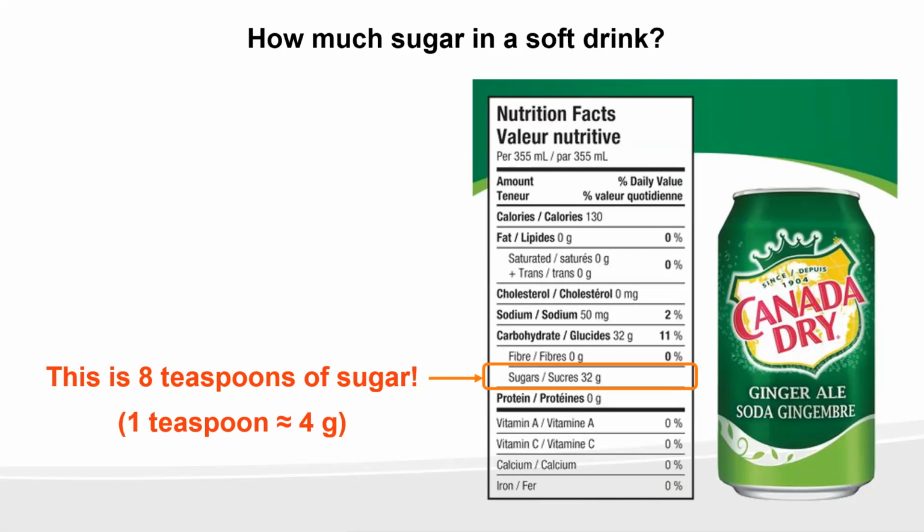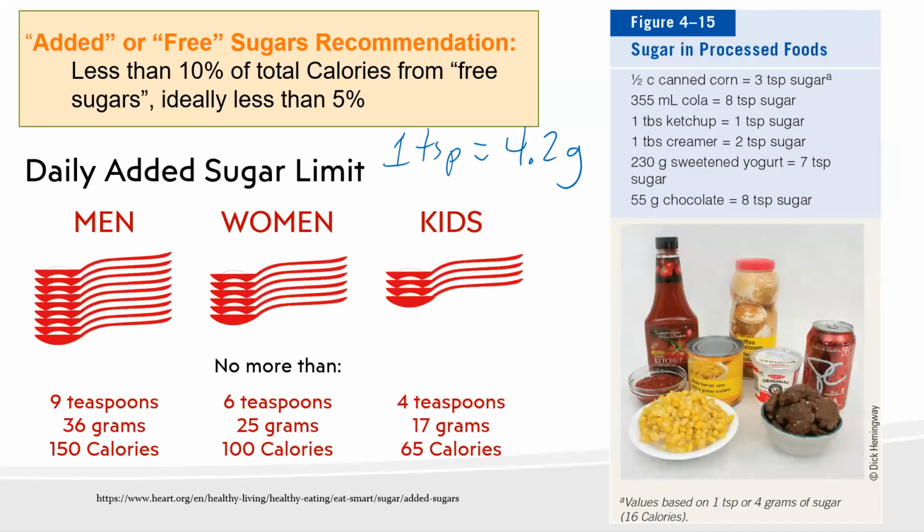Now, most people consume more sugar than this. In fact, most people in Canada, I was trying to find a good number, I found a couple of numbers. Most people apparently consume double the recommended amount of sugar in a day. So that would be about 18 teaspoons, I think, is the Canadian average, one of the numbers that I saw. So that's a lot of excess sugar, and may have long-term health effects, of course.